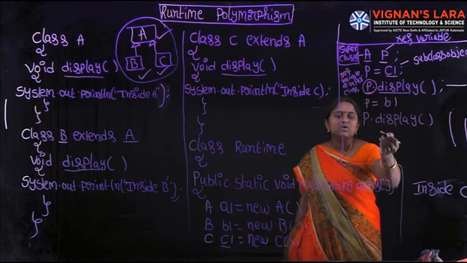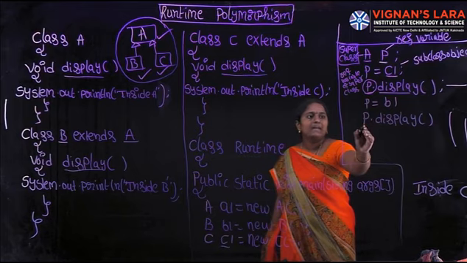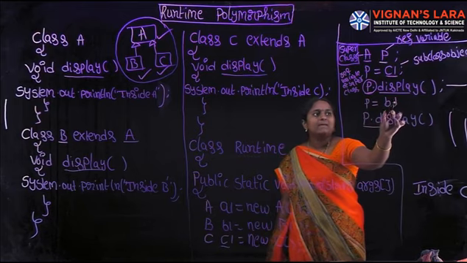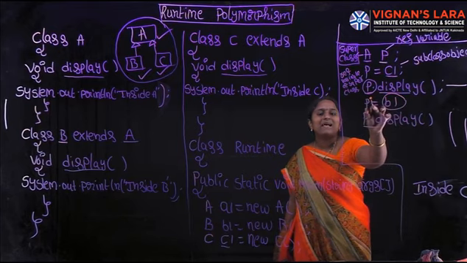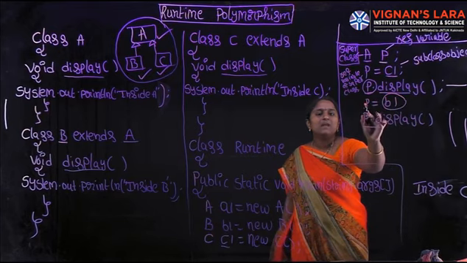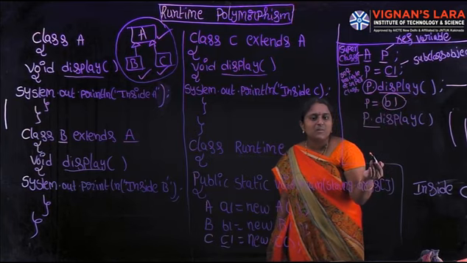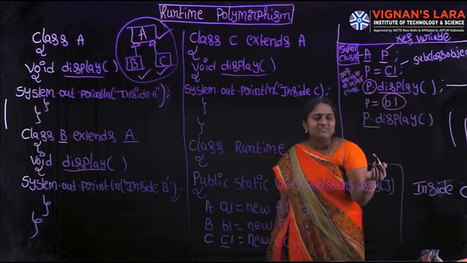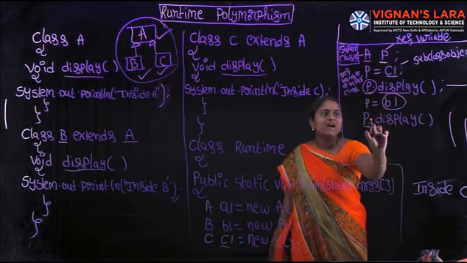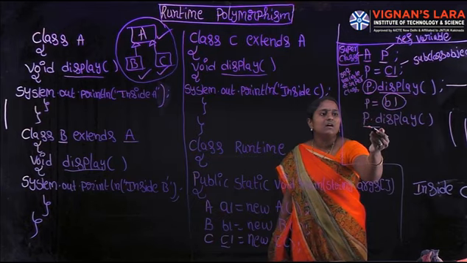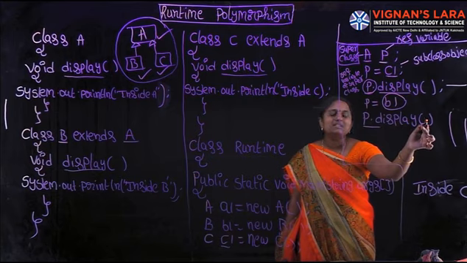So in this also, at the time of runtime, the JVM checks the P dot display method. Here the subclass object B is assigned to the superclass reference variable. So the JVM resolves this problem at runtime. The JVM identifies what the object name is, B. So after this statement, when we call the P dot display method,